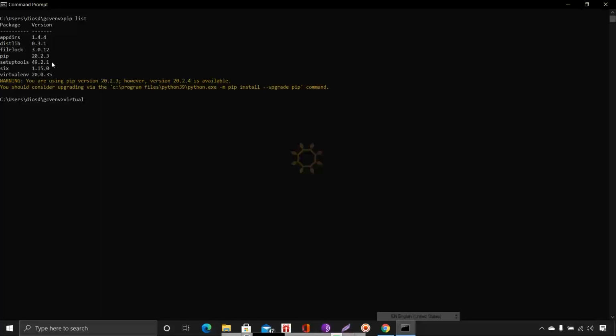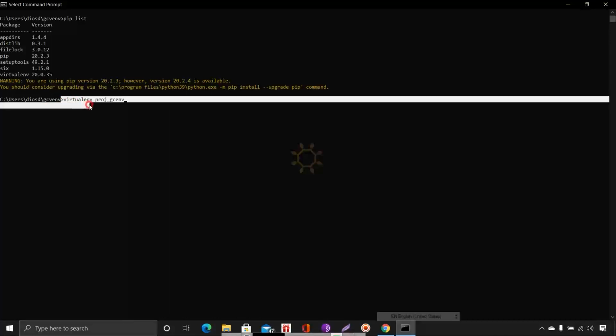Now give any name, whatever name you want. Go to the folder in which you are going to install this virtual environment, which is the main important thing.